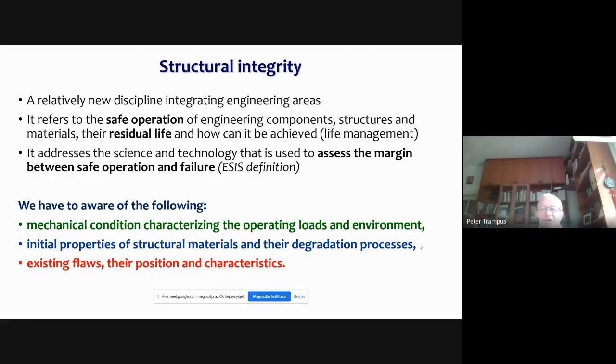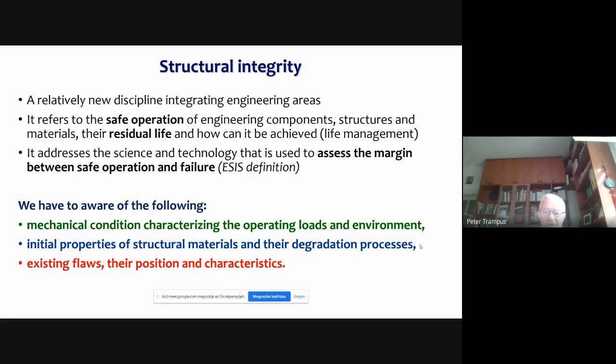To be able to assess the structural integrity, we have to be aware of the following: the mechanical condition characterizing the operating loads and the environment, the structural materials properties, the initial properties, and their degradation in case of the usage or the application or operation.